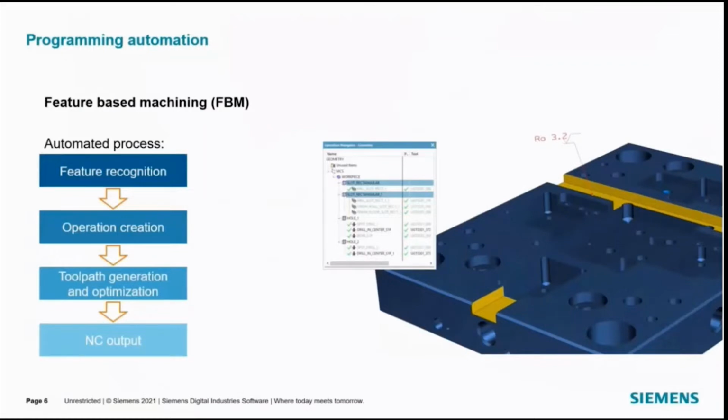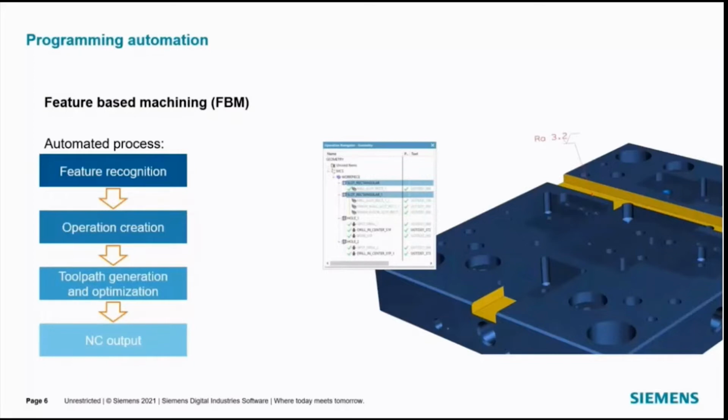How does it work? The first step is to recognize features in your part model. This is done using feature recognition, which can recognize more than 70 different features out of the box. Then based on machining rules from a knowledge library, the features will automatically get optimized operations assigned to them, which machines the features according to their specifications, of course using the correct cutting tools. This is all fully automatic. The knowledge library can be modified so features are machined exactly like your company-proven know-how dictates.